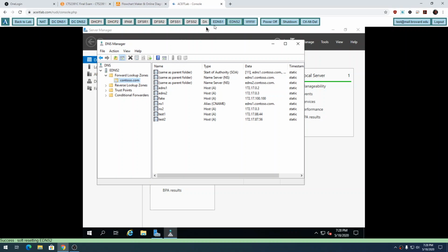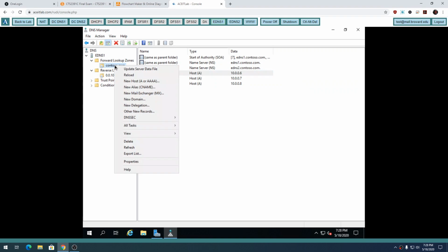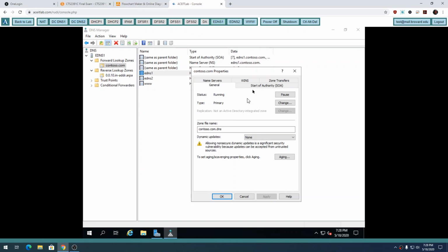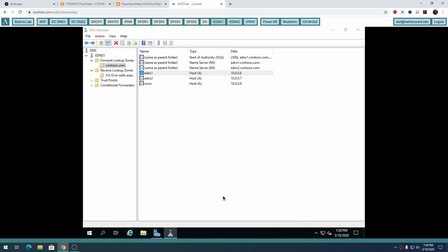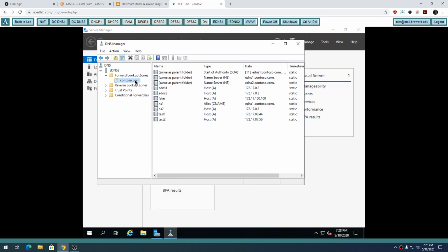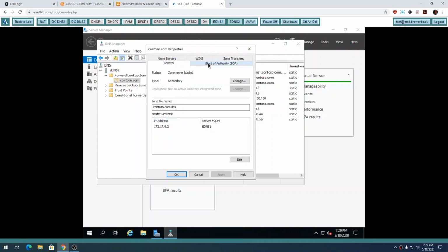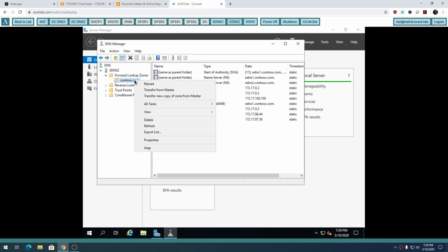It didn't work. So I'm going to go to eDNS1. I'm going to right click contoso.com. I'm going to go to Start of Authority. I'm going to set the serial number to 500. Then click OK. Then go back to eDNS2. Currently, eDNS2 saw the serial number as 11. So now when I do a transfer from master,